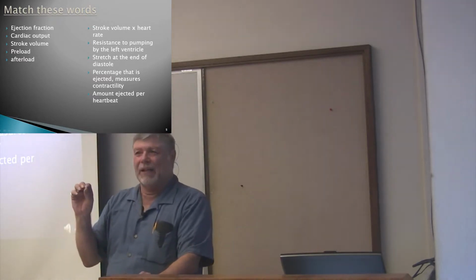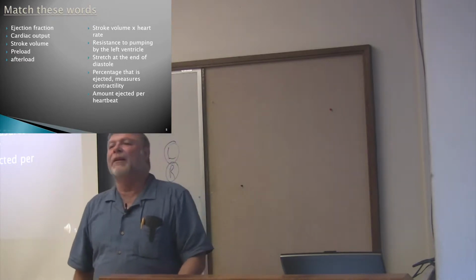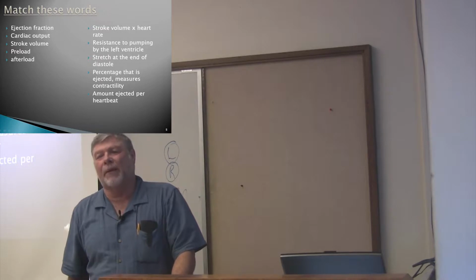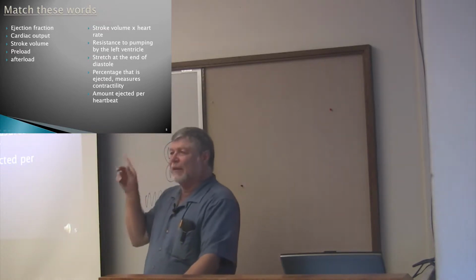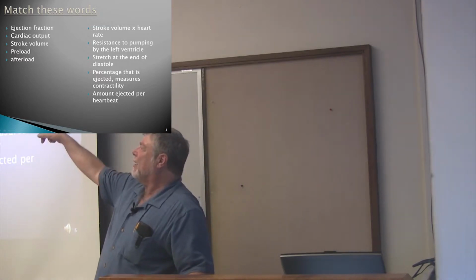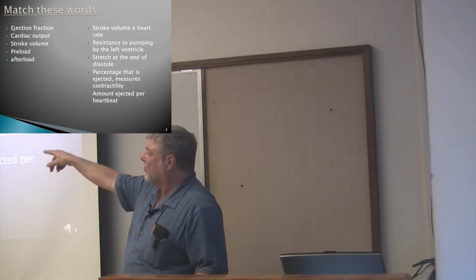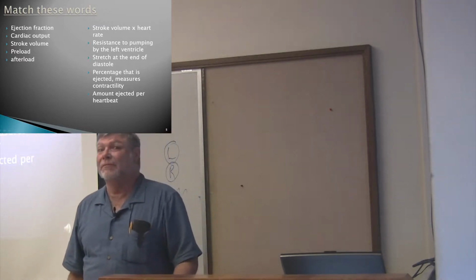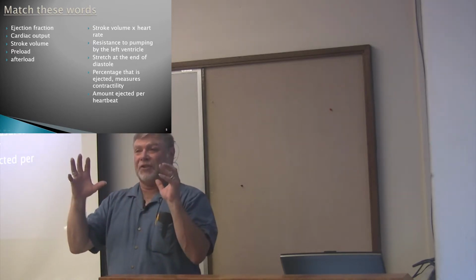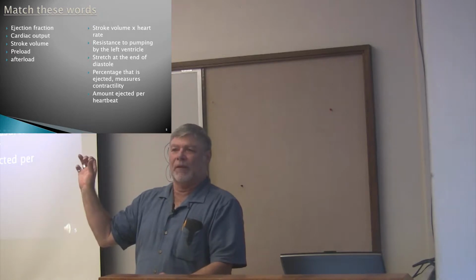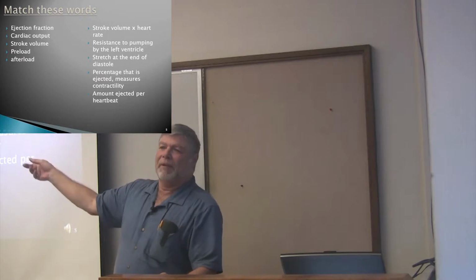But it's a percentage compared to what came in as to what went out, correct? Well, it's not necessarily what came in. Well, yeah, you could state it that way. It's a percentage that was ejected out into the body. Okay, well, it's related maybe to stroke volume versus... So what's preload? When it's filling. It's actually full and actually stretched. So preload is the number you start with, and the ejection fraction is the percentage that actually goes out based on the stroke volume.